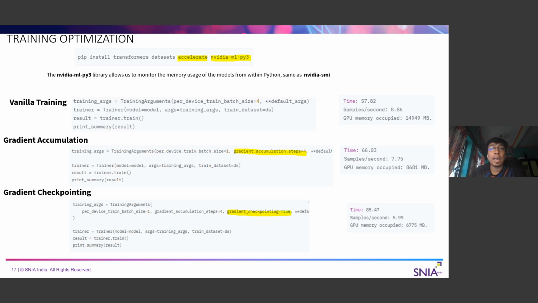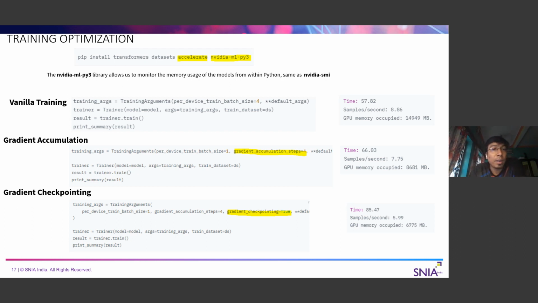There is some analysis. For this task, it is taking around 57 seconds for the training to get completed, and the amount of GPU that was occupied is around 14 GB. It's close to 15 GB with this particular training argument set.